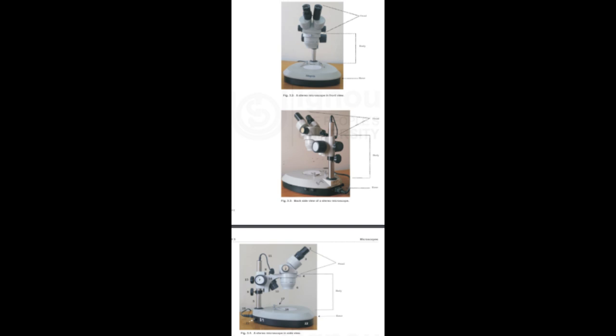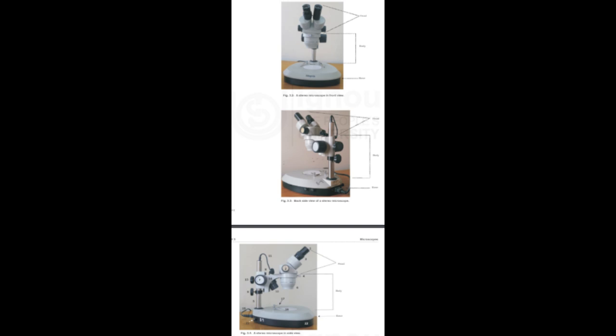Look at the screen. Head. See Fig. 3.4. Comprises ocular lenses, 1, and zoom magnification knobs, 2. Ocular lenses are the eyepieces through which a specimen is seen. Fig. 3.5. The ocular lenses are mounted on movable sockets for adjustment according to the user's eyes. Most stereo microscopes have a set of two ocular lenses, each having a magnification of 10x. The magnification can be increased by upgrading the ocular lenses.